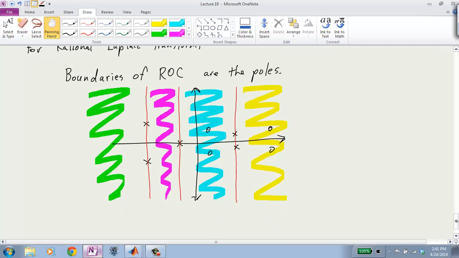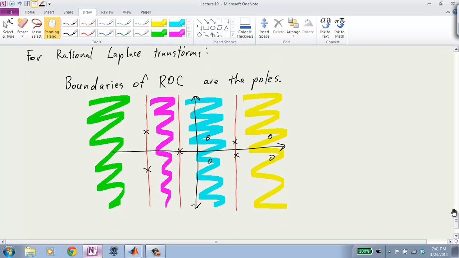So again, I hope you agree this turns out to be very simple. For a rational Laplace transform, we have an easy check to see whether or not it could correspond to a causal stable system. Just by looking at poles and zeros,